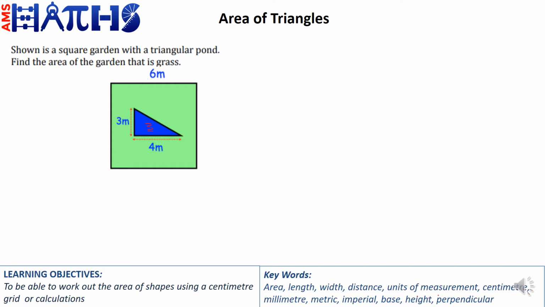So we know that all the lengths on the square are going to be 6 meters. It says find the area of the garden that is grass, where grass is colored green. And so what we'll have to do is find the area of our square, and that is going to be base times perpendicular height, which is 6 times 6, which gives us 36 meters squared. We also need to find the area of the pond, which is a triangle,